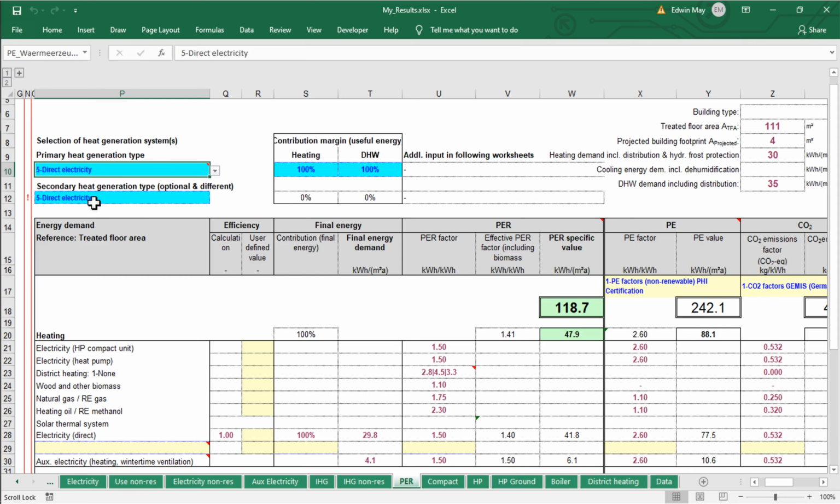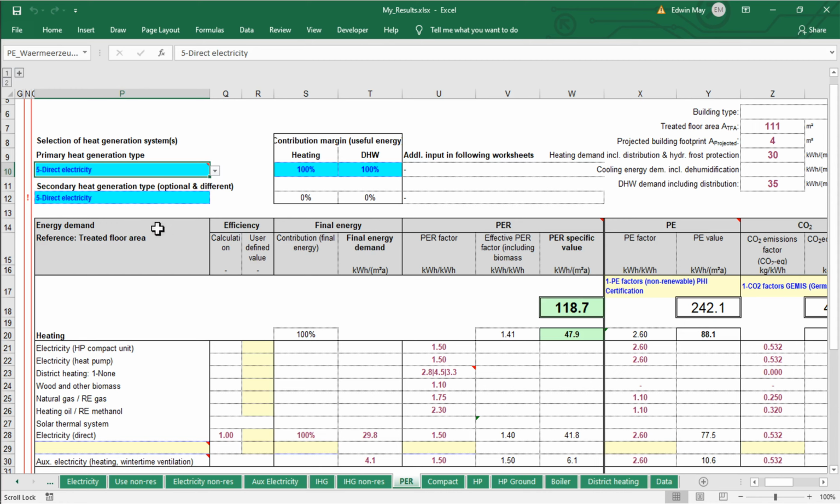So for instance, we're probably not going to use direct electric for our heating. If this is in a cold climate, if this is in a place like New York, we're probably going to use something like an electric heat pump. Right? That's going to be how we're going to provide heating, cooling, domestic hot water, and dehumidification in most of the modern passive house style all-electric buildings that we're